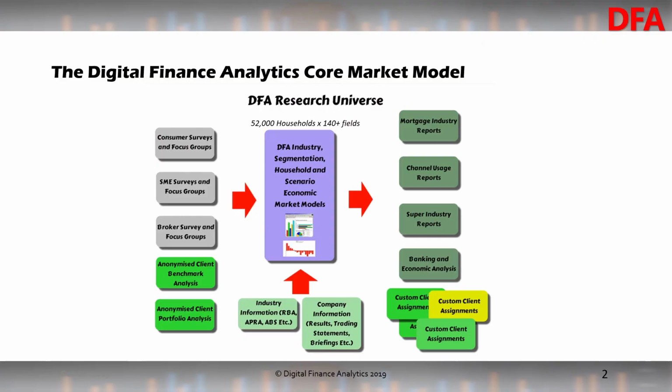So DFA, just what we do on slide 2. We do some very detailed primary customer research. So we survey 52,000 households each year. Rolling survey, 4,500 new each month, and we look at their financial profiles, their plans, their aspirations, their mortgages, their overall financial footprint. So we've got a fairly rich understanding of consumers and how they're working. We also incorporate other information from ABS and anywhere else I can get information. So I'm a bit of a data sucker-inner, but I put it into my core market model.